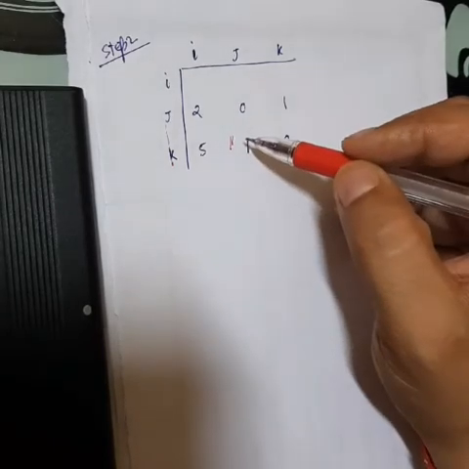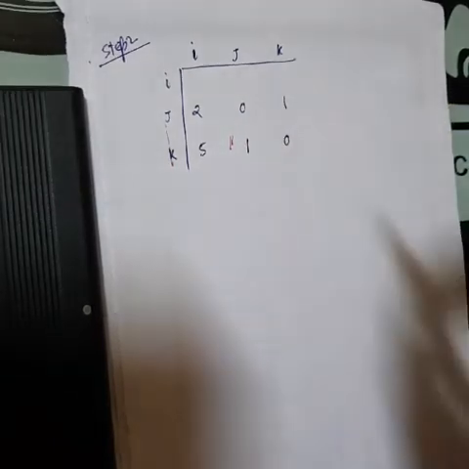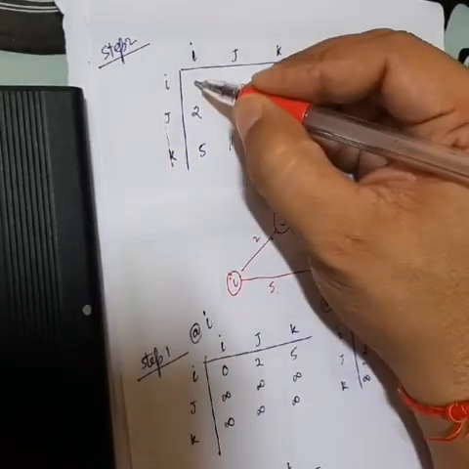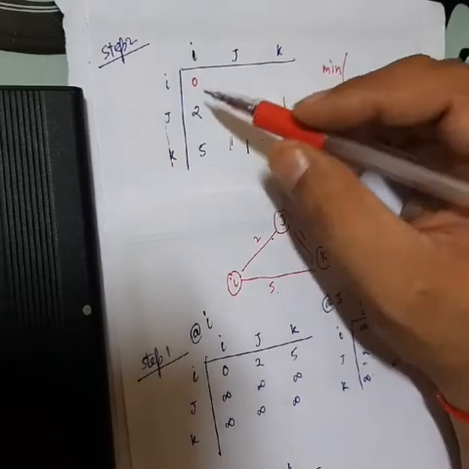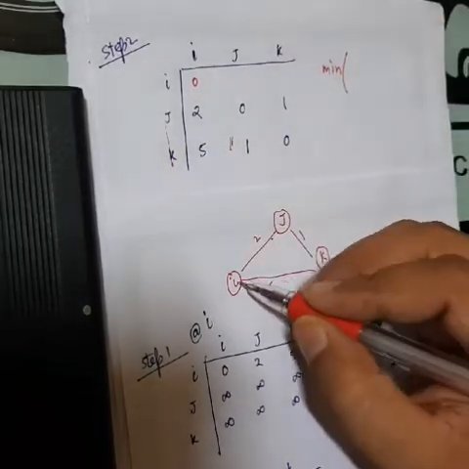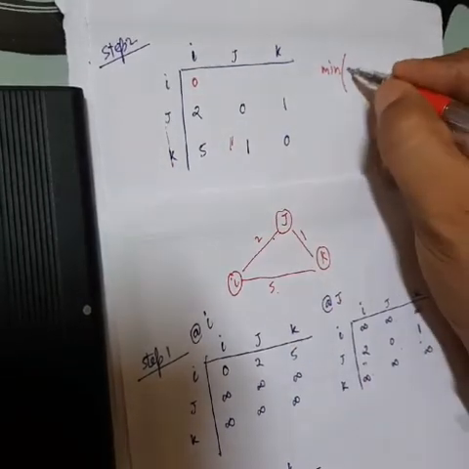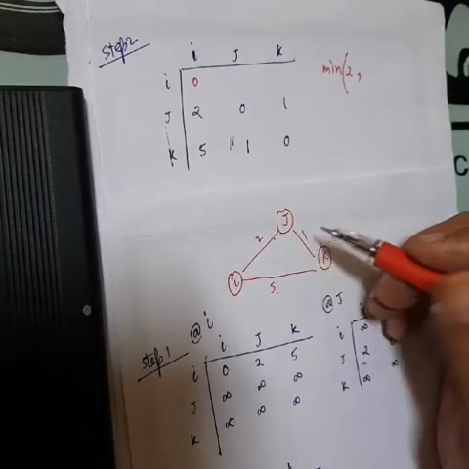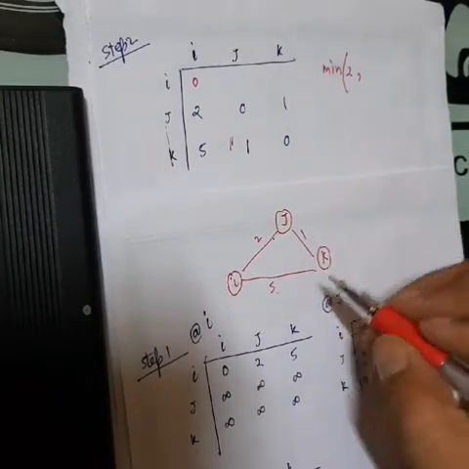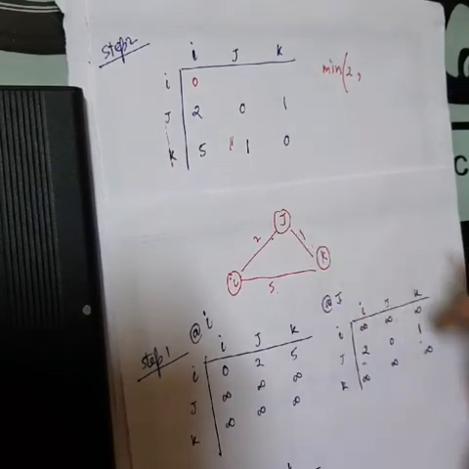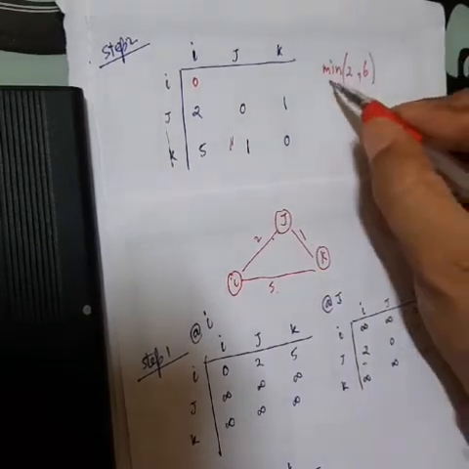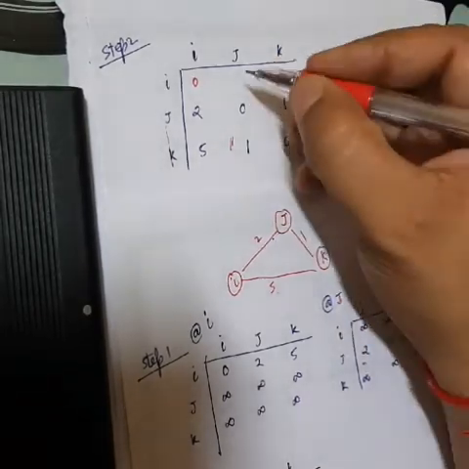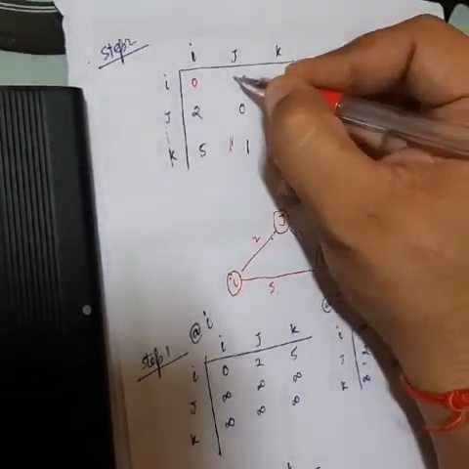It will be done with the help of the Bellman-Ford equation. I to I received value is 0, and for I to J, the direct cost is 2, and I to J cost including intermediate nodes is 5 plus 1 equals 6. So we take the minimum of these and put the minimum value at this position. So the value here is equal to 2.